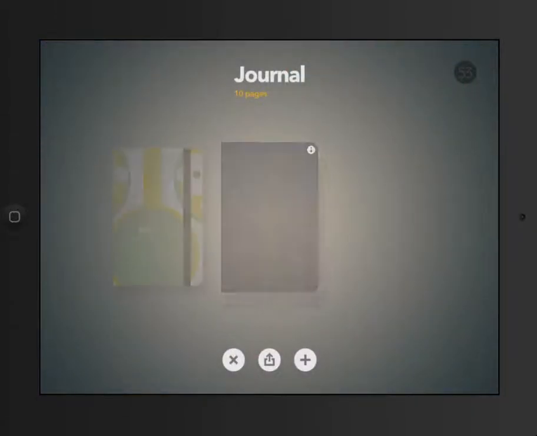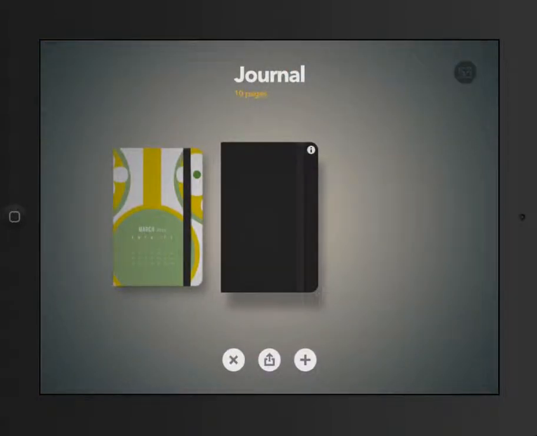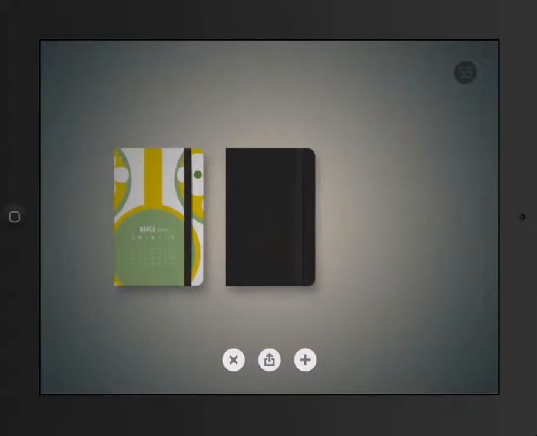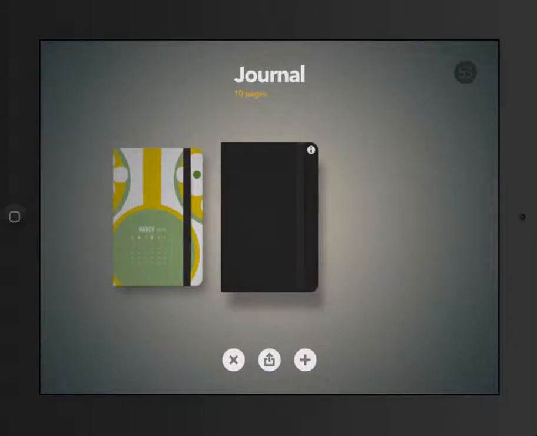When I open it up, I get journals. I can create an unlimited amount of journals within here, so you could maybe do one journal per student, and they all share one iPad. Or I'll give you a different idea: maybe you use the journal as an exit ticket for your classroom. All right, so I have a journal here, and maybe I title this